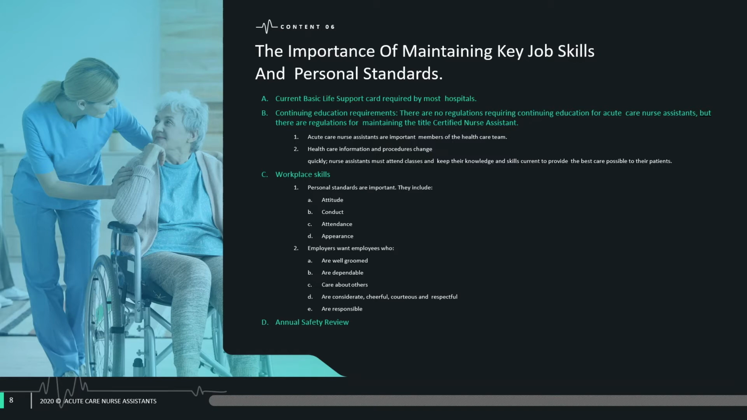Acute care nurse assistants are important members of the healthcare team. Healthcare information and procedures change quickly. Nurse assistants must attend classes and keep their knowledge and skills current to provide the best care possible to their